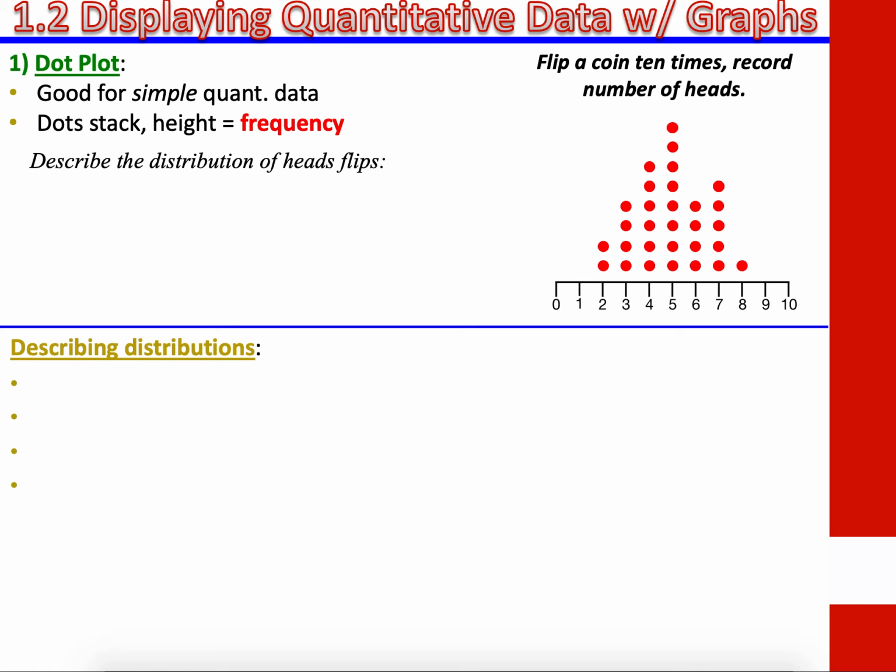And then I did say that every set of coin flips would probably be very similar to this in terms of how we would describe it. So that leads to the next question. How would we describe a distribution? What are some key factors of a distribution that you would use to, suppose you wanted to describe this to someone who's not in the room, say like FaceTiming someone, and rather than tell them 2 2s and 4 3s, if you just want to describe the general appearance of this thing and what are some of its important features,